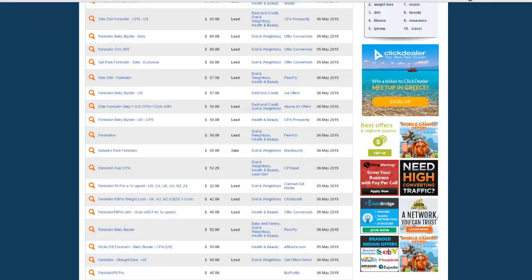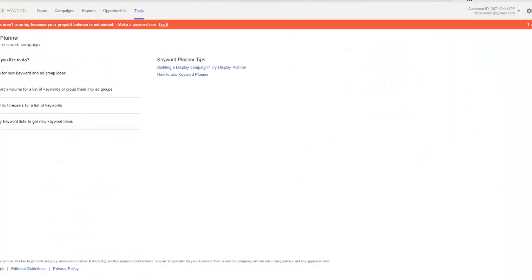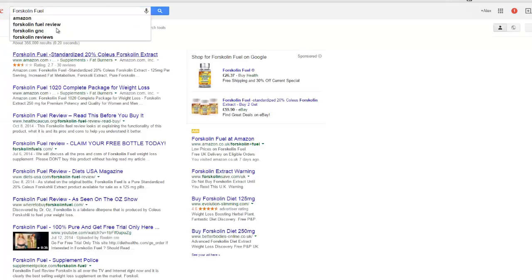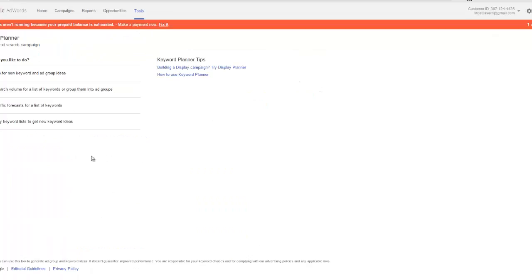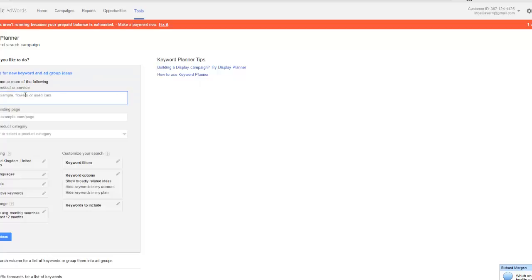And while we're waiting on that, if I go back in now, what I'm going to do is go into the keyword planner and see if there's other stuff. Now that we know that potentially it's got good things, there's lots of offers, and it looks like it's fairly easy to rank on the first page for this particular keyword, we're going to go into the keyword planner and see what the searches are actually like. So what we're going to do now is search for a new keyword and add group ideas, and then we're going to pop in